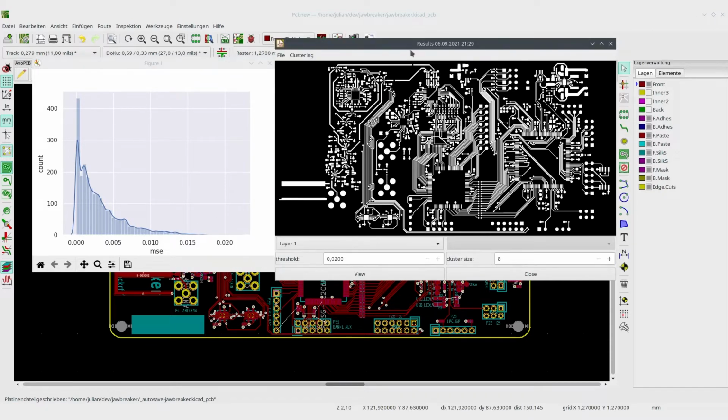To take a look at those interesting slices with a high error, we can now use the right window and choose a threshold. Choosing a threshold means that after clicking on view, every slice with an error higher than this given amount will then be rendered on the board, and each slice with an error which is less than this will be ignored. So let's take an error of 0.013 and click on view. So now it's rendering some slices.